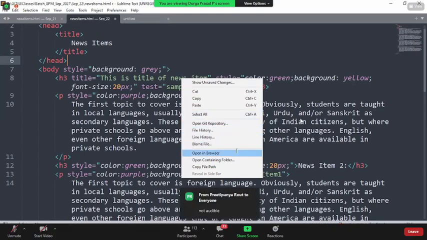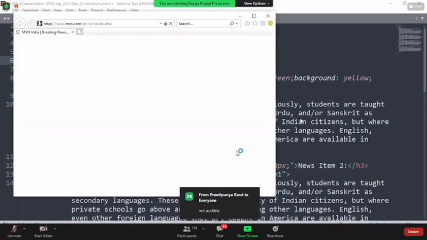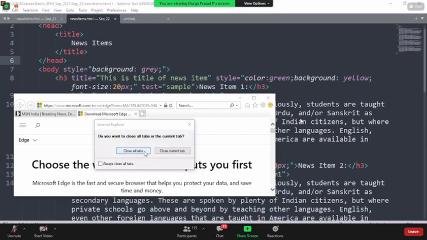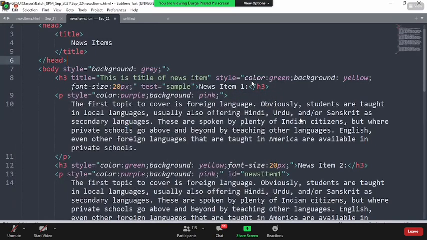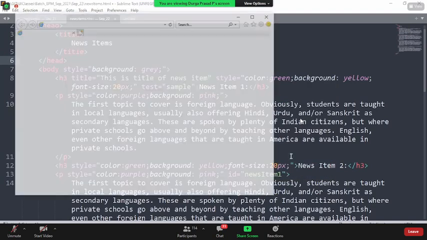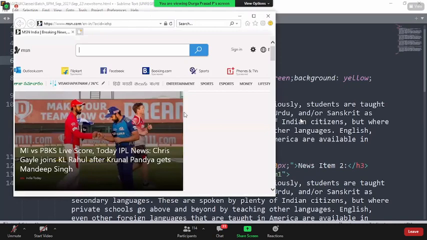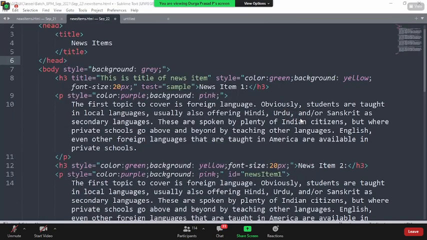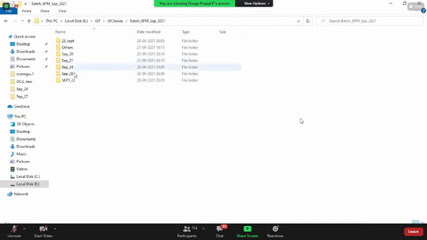So this is how I'm actually running the web page, open in browser. Oh my God, how come my browser got changed to this? Fine.